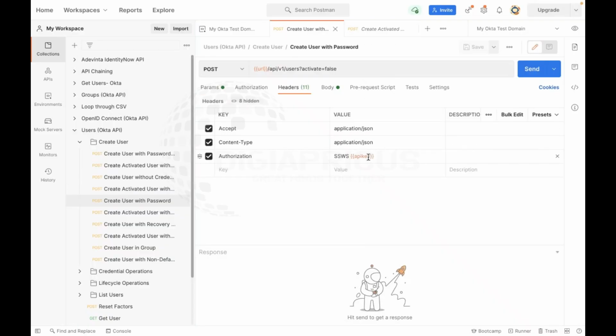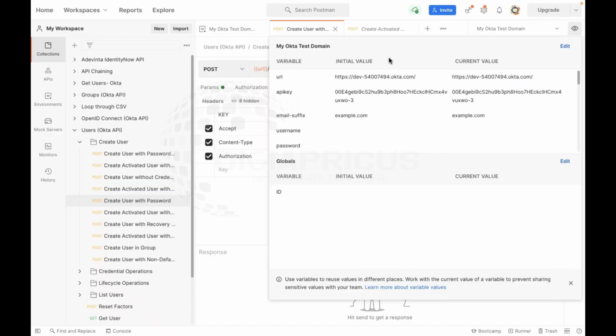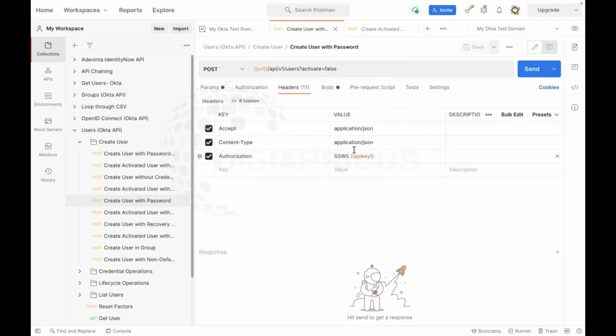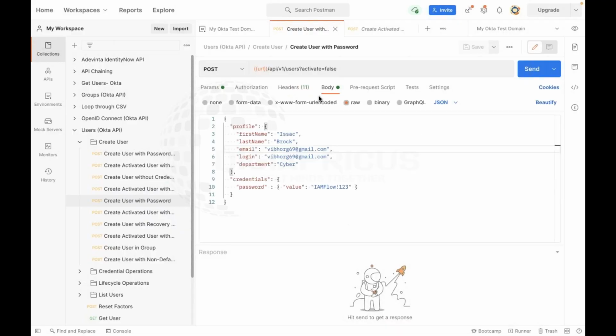Okay, so just make sure that you have it in your environment there. Once you have it, you'll click on save, and you'll have it on your hovering button here, authorization tab as well. Okay then, let's go ahead and make the API call, and let's see if it works or not. So if I click on send,